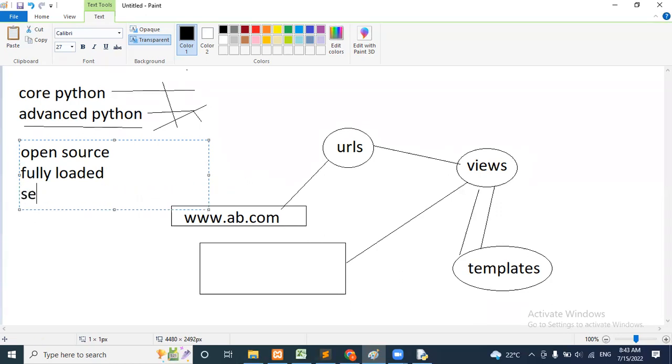And the next one, it is secure. Why? Nowadays all major applications are facing security issues. But observe here, when we open YouTube, there are no issues. When we open Google, no issues. When we open Facebook, no issues. Why? Because in the backend they are using Python and Django. And it is